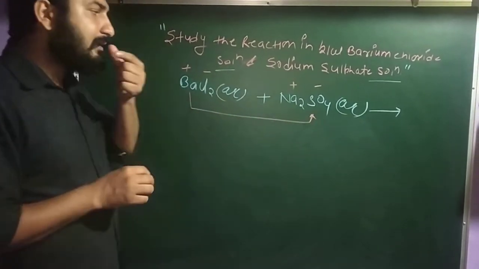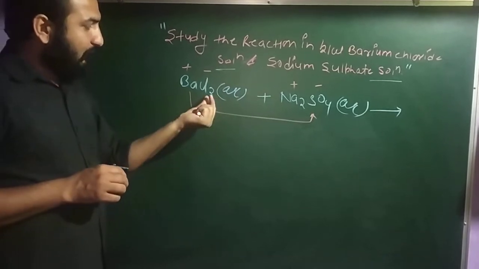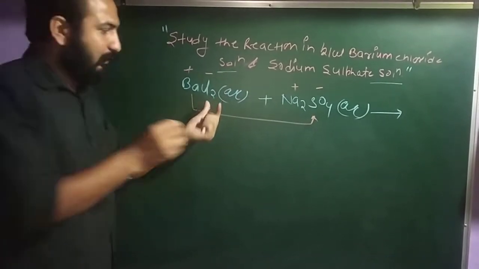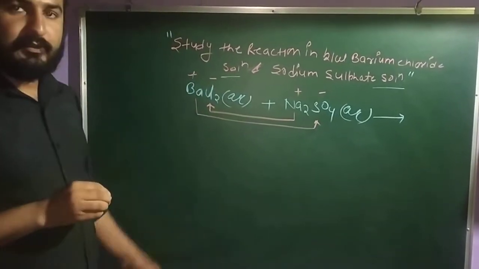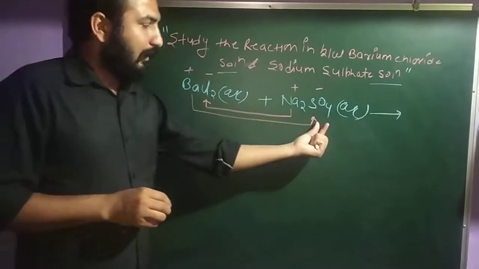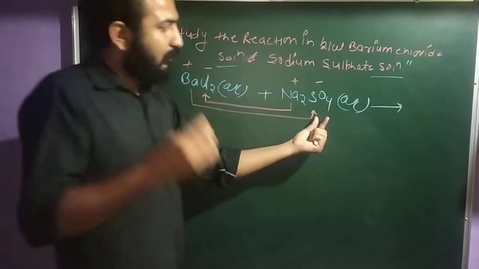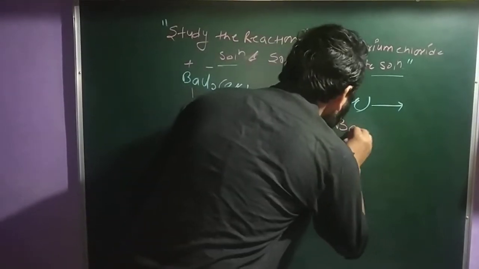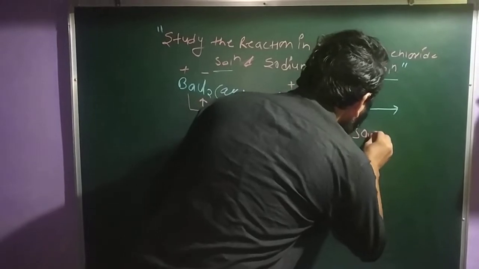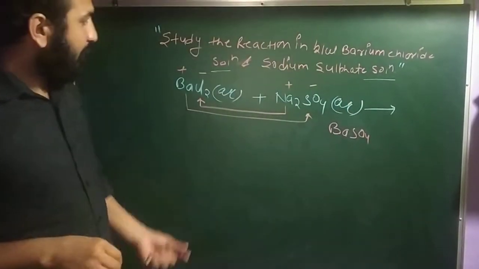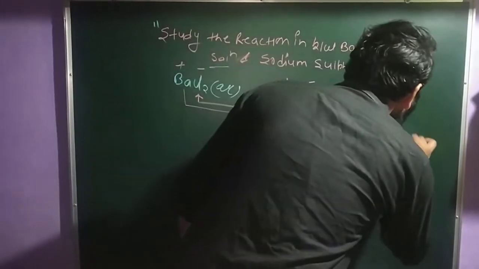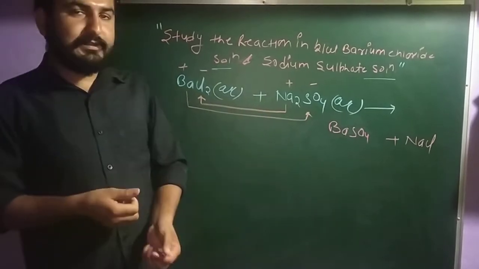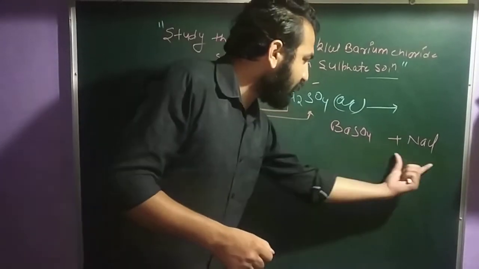BaSO4. Second, the positive part of the second with the negative part of the first. So what will be the product? BaSO4. The valence is complete. So directly we will write BaSO4 plus NaCl. So the main thing is what is the physical state of these two